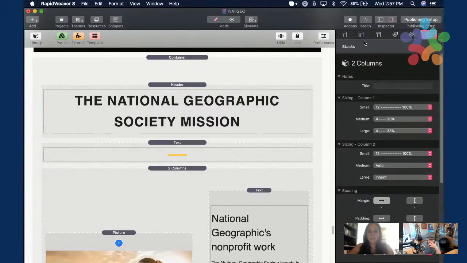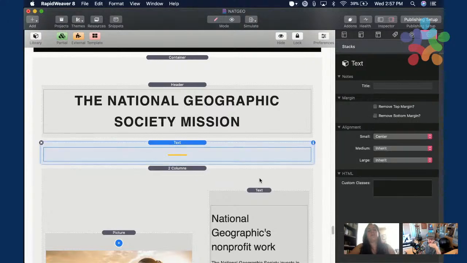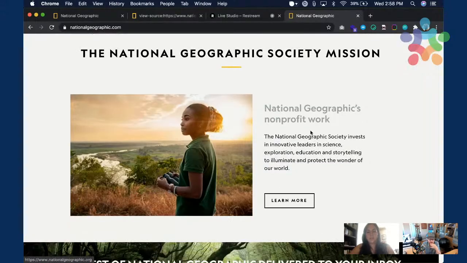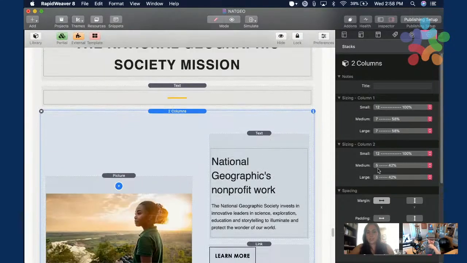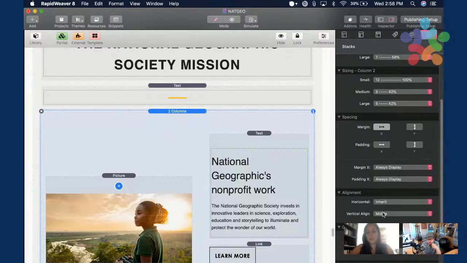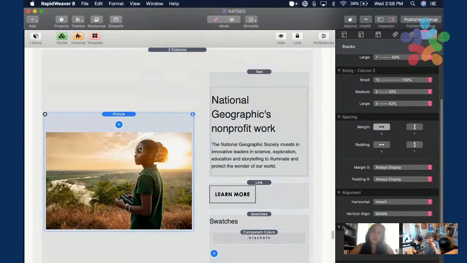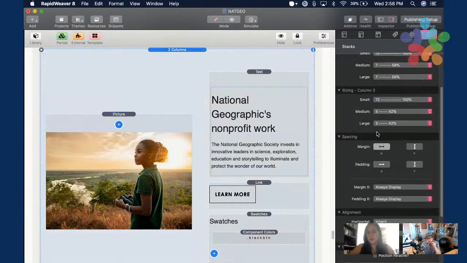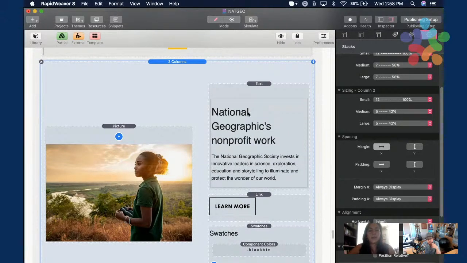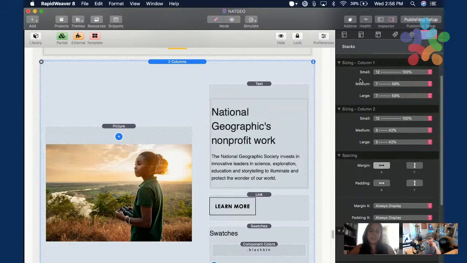And then we have this container with a header and a divider and then two columns. And the two columns are set to have the vertical alignment in the middle. The two columns are also 7:5. That's the proportion. It's not 8:4. It's 7:5 this time. And in small devices, I left it at 12.